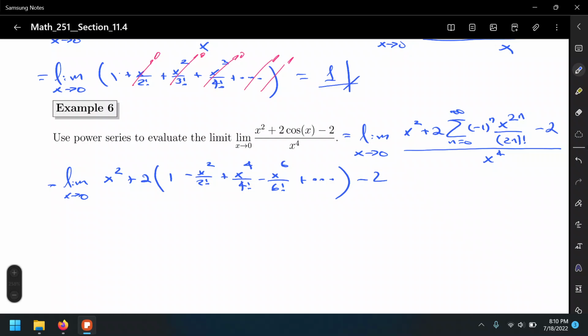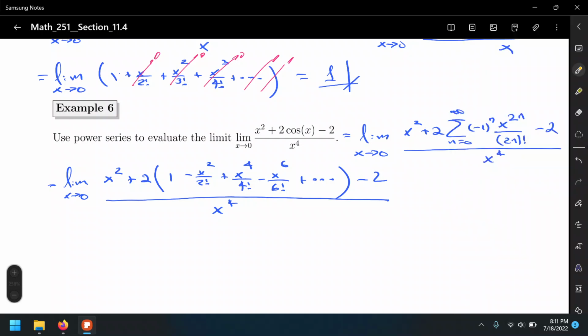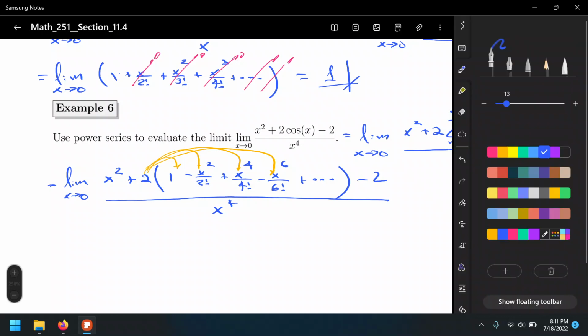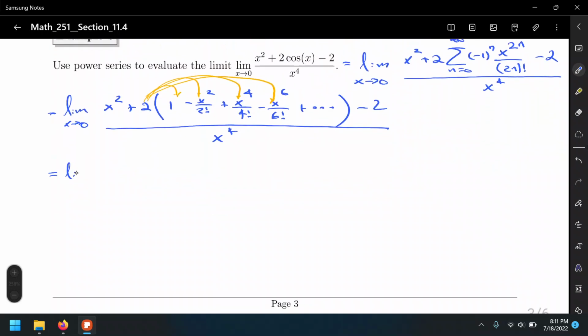I'm going to distribute the 2 over the whole thing, over x to the 4th power. This will be the limit as x approaches 0, so that's going to be x squared plus 2 right here, and then minus